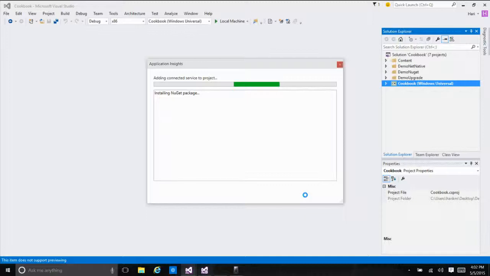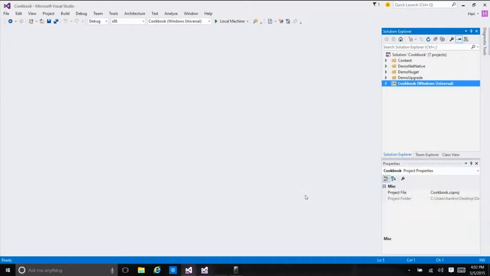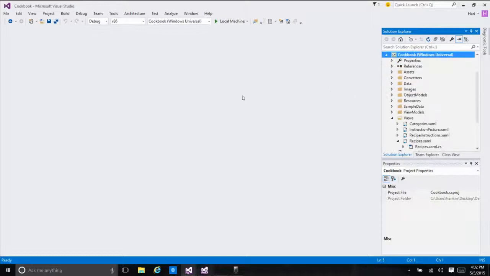At this point, what happens is we download a couple of NuGet packages that have all the App Insights code required to send all this telemetry. We add those references, make sure the app IDs are associated, all that fun stuff. So give it a minute, and we're done. So now if I F5 this app or deploy this application on a local machine,